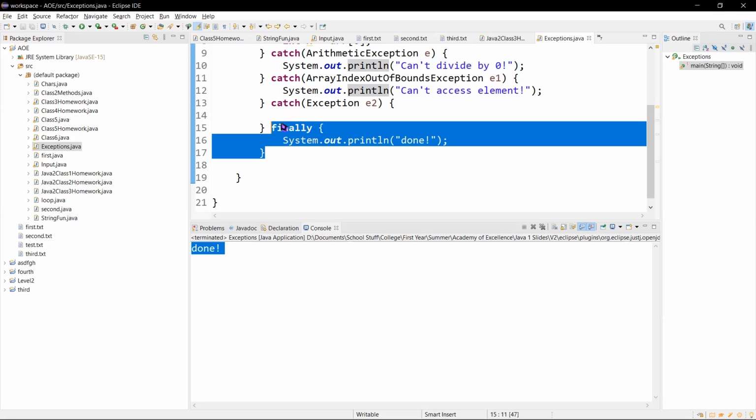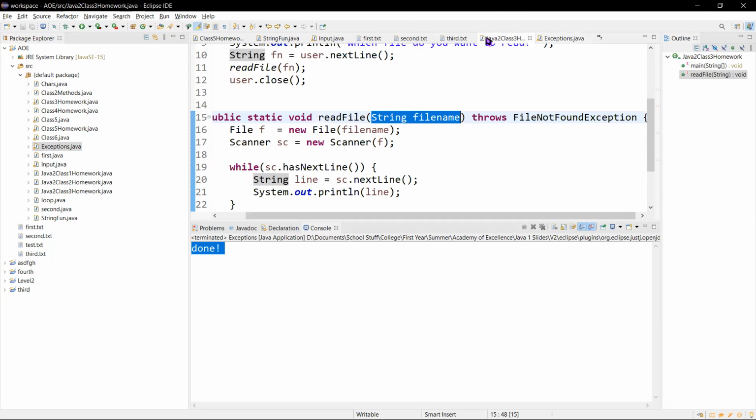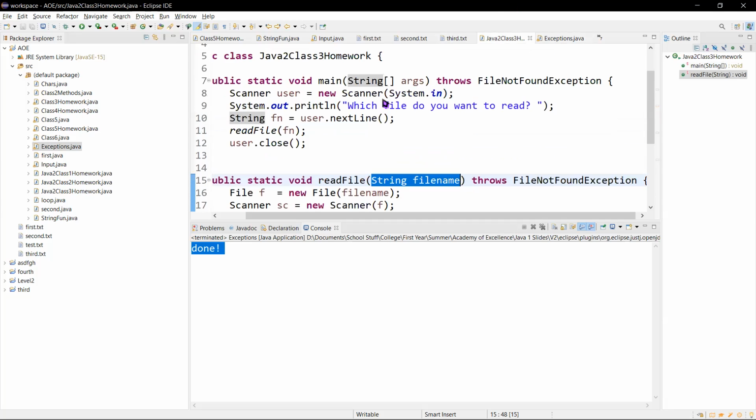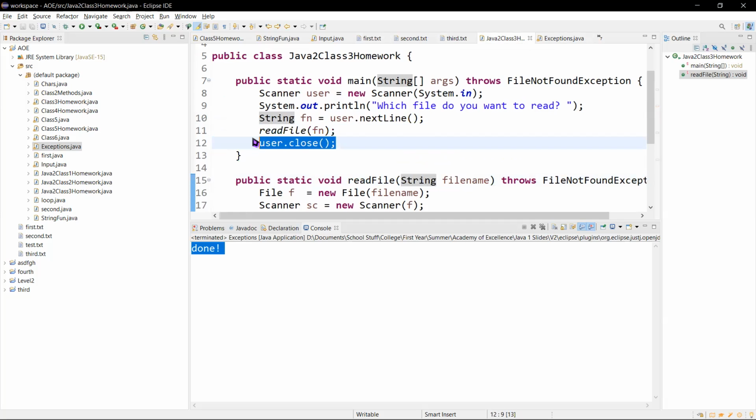And so that's why it's sometimes useful for this input stuff that we did for the homework. I didn't mention it, but you should always do a close statement with your scanners, just to save memory and avoid any leaks. Usually